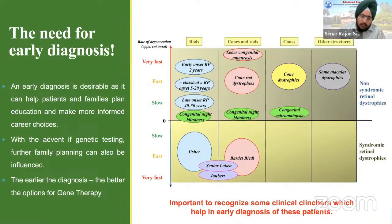Because if there are no rods and cones left, there may be no advantage of replacing the correct gene into the DNA. So an early diagnosis is desirable, and it can also help parents and families plan education and make more informed career choices. So it is important to recognize some of the clinical clinchers which can help in early